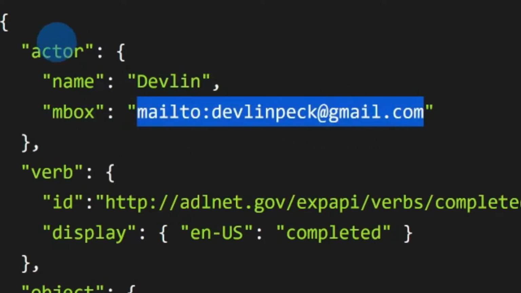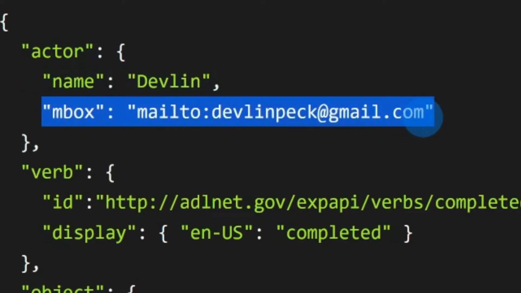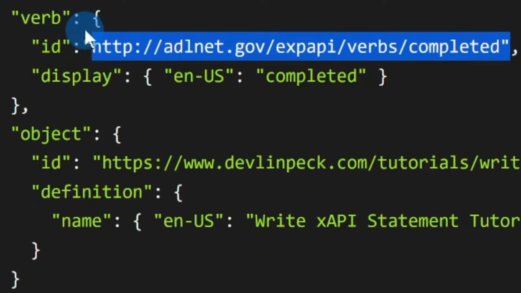Okay, so again, one of the most popular ways to identify an actor is with the email address. So you don't need this name part, but you do need this mbox part. Another popular option is via an account, and we'll look at that once we dive into Storyline. Similarly for verbs, again, you may be wondering why we have this thing that looks like a URL here, but